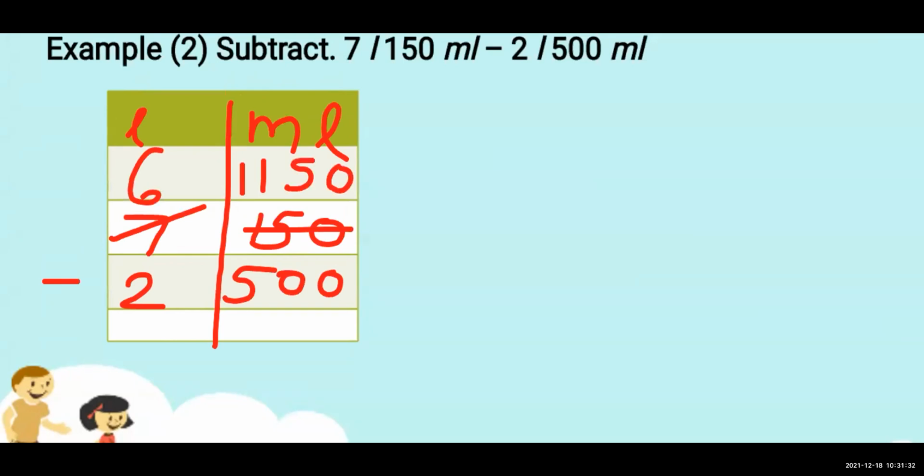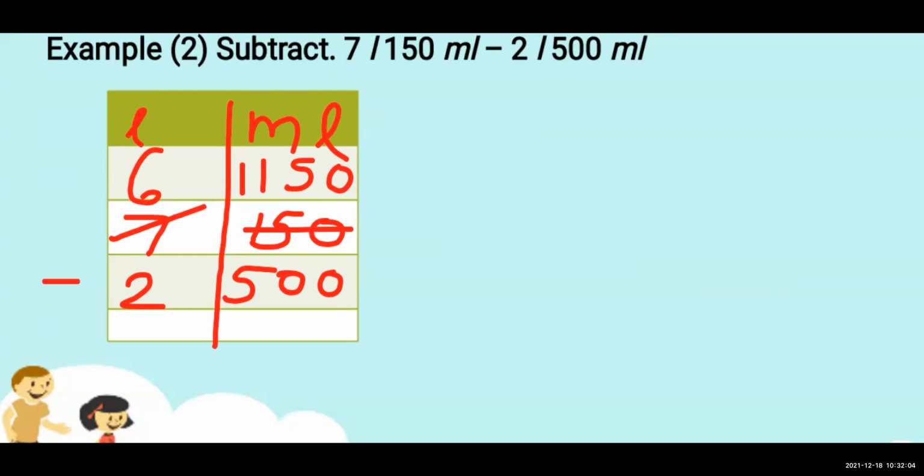1150. See here, the method: you have to subtract 1 from 7, so it becomes 1150. If we have given 1 from 7, what will remain? 6 will remain. Clear here? You are going to give 1 to the milliliter, and the liter will go down from 7 to 6. So here 1150 should be subtracted by 500.